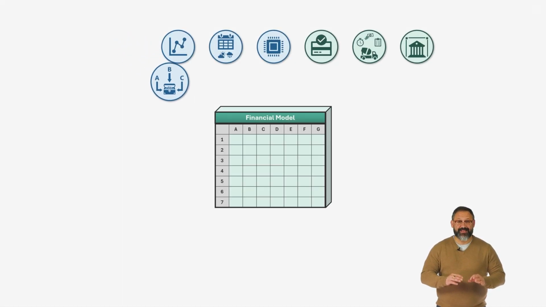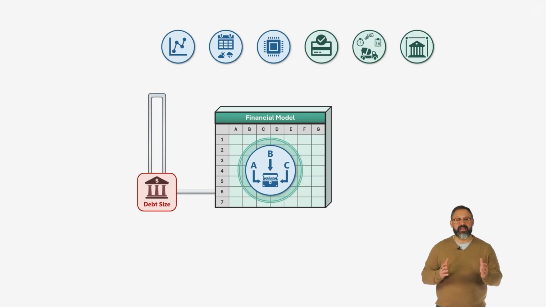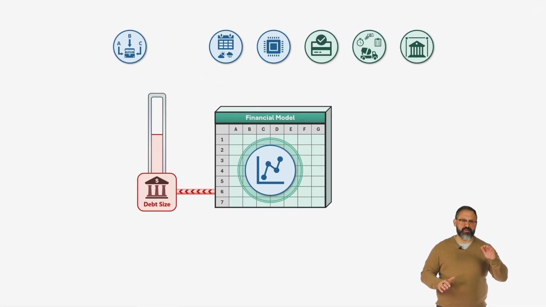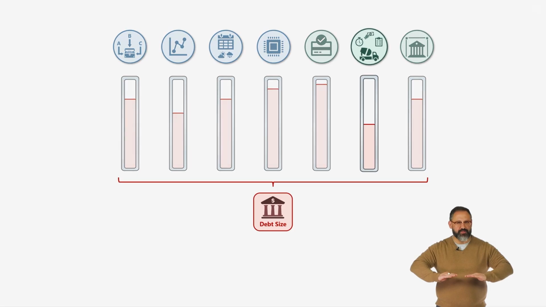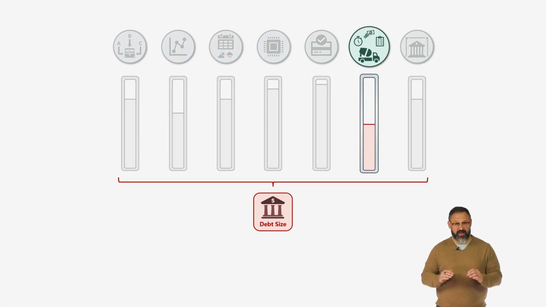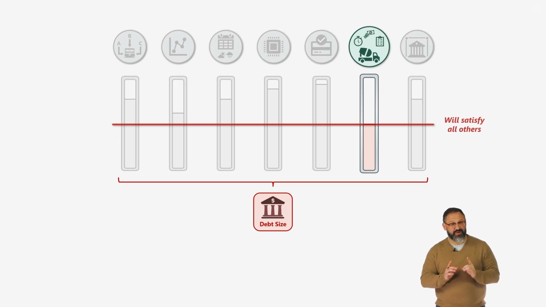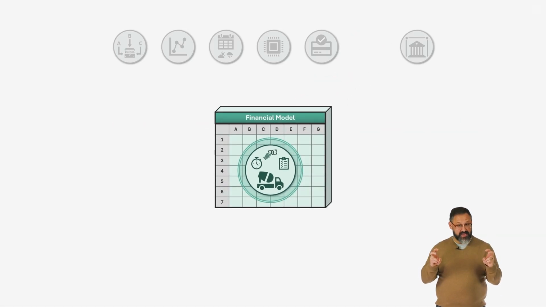Great question. Each debt constraint is first modeled on its own, in the context of its own clauses and impacts to project cash flows, which results in a different permissible debt amount for each constraint. We then look for the constraint with the lowest permissible debt. This is the constraint that will rule them all, since using it as a base case to structure debt will likely satisfy all other constraints. This then becomes the governing case.